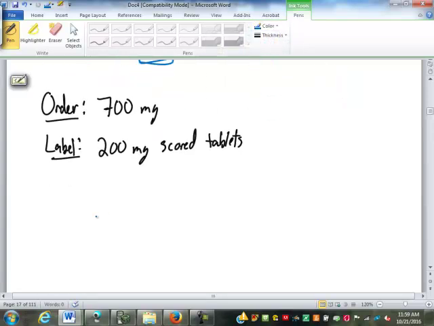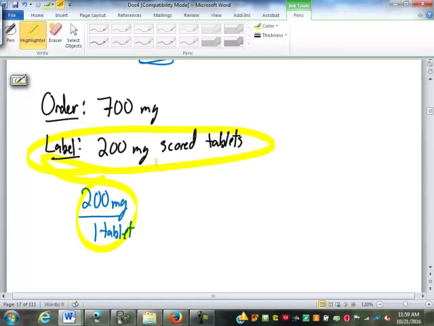So we set up as our on hand over our vehicle. So our on hand is 200 milligrams over 1 tablet. So the first ratio is from our label. Our second ratio is easy to set up,